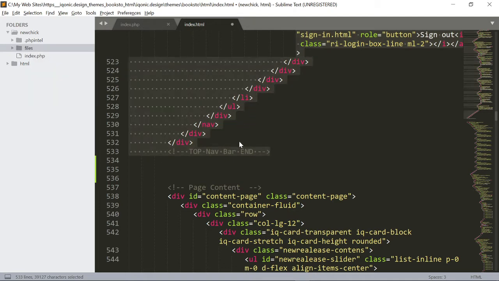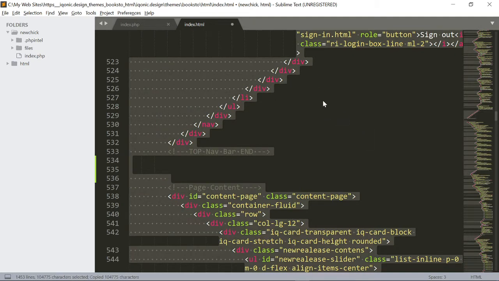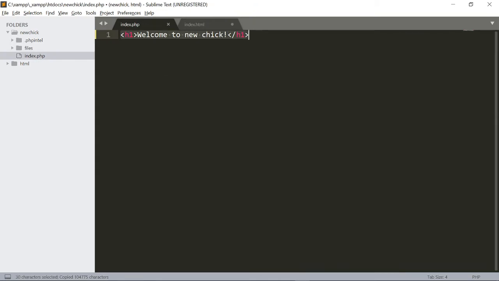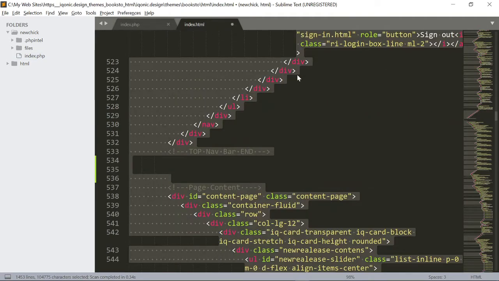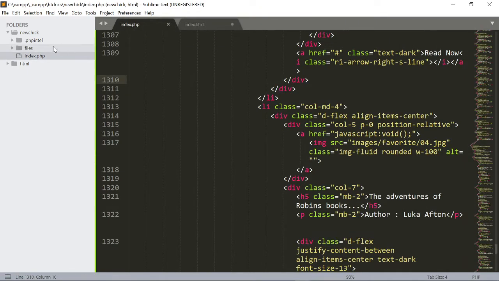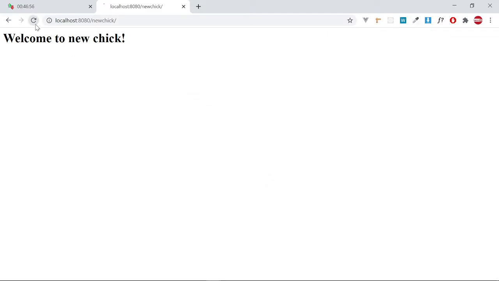Oh, before, okay, let us do it like this. Before we create the header, let us first create this main. Let us first make sure that the whole website is integrated into our project. So I'll copy this main index file and come to this index and paste it here. I've just copied the whole index file from the template and pasted it in our own index file. So if we come here and refresh in the new check, you should have these things,